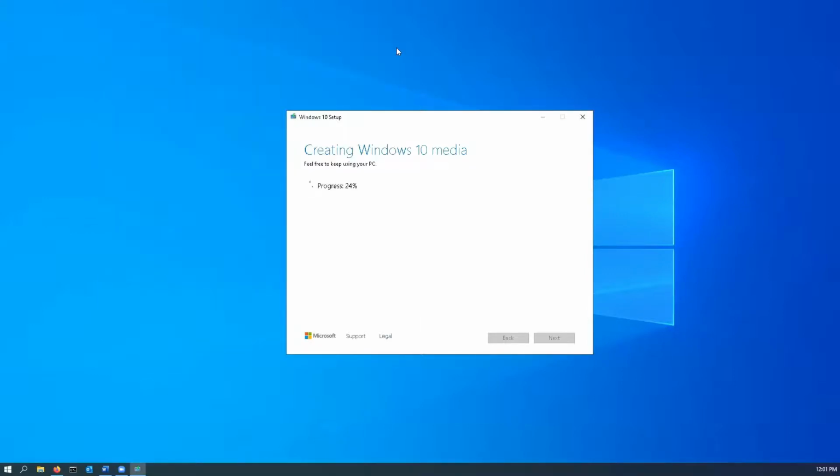Again, this part of the process could take a little while if your computer's got only 4 gigs or 8 gigs of memory, or if your processor is a slower processor. But hopefully this process shouldn't take too long. But while you're waiting for this to download and create this file the way that it needs to be created,